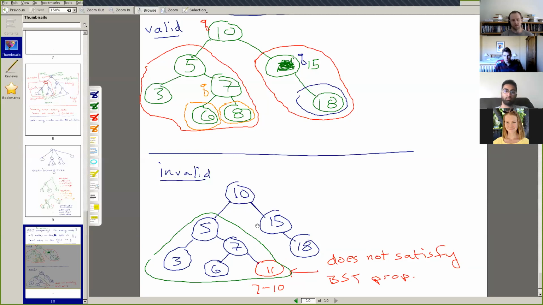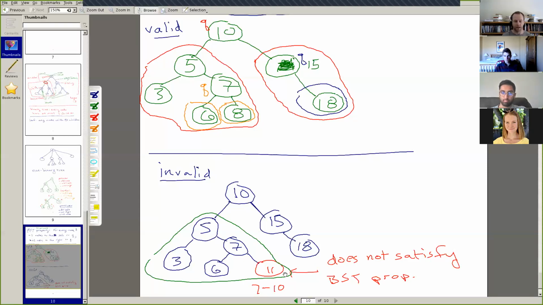So this is sort of the key thing to remember about binary search trees and why they end up being really good for performance reasons. Let's say we want to find out whether a certain number is contained in a binary tree, so not a binary search tree.